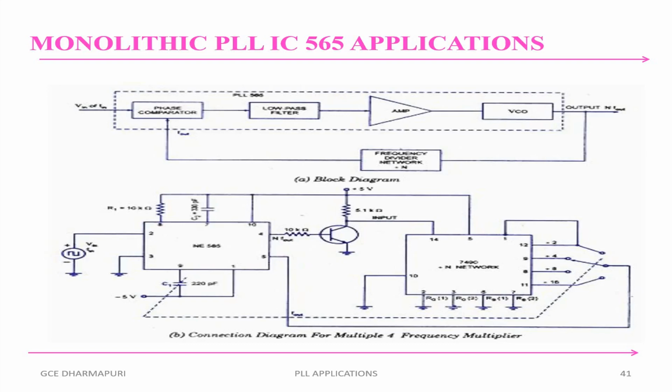Frequency multiplication can also be achieved by using the PLL in its harmonic locking mode. In this operation, there is no need to use any frequency divider in the feedback path of the PLL as in the previous case. The input signal has to be rich in harmonics, for example square wave, pulse train, etc., so that the VCO can be made to lock on the Nth harmonic of the input signal. Under this condition, the VCO output frequency will be N Fs.